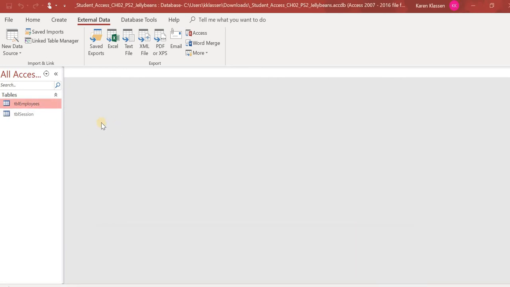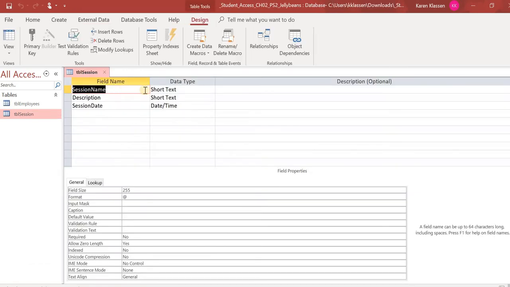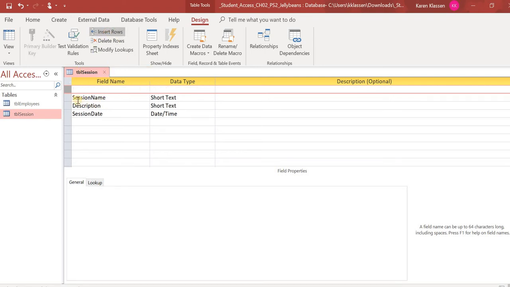Okay, and so now we're going to open our table session in Design View. So again, right click on it, Design View, and right here we're going to add a new field as the first field in the table. So I'm going to select, so click that arrow, or click that whole line, okay, and then I'm going to come up here and do Insert Rows. And just like Excel, insert goes above. So I'm going to go above and call it session